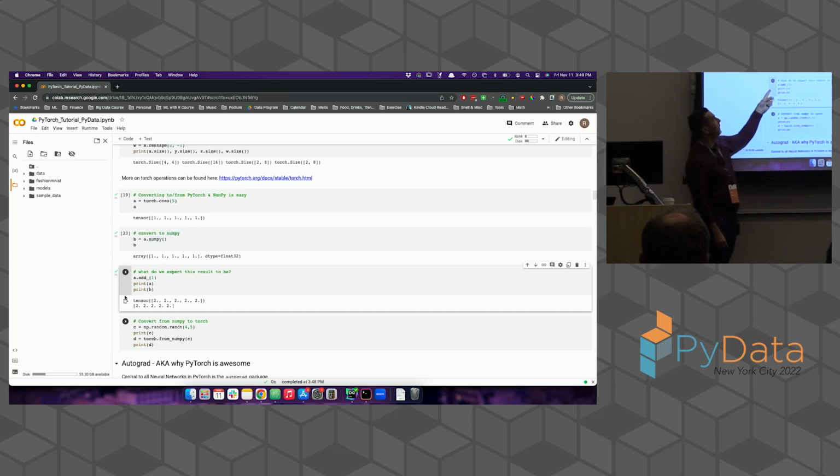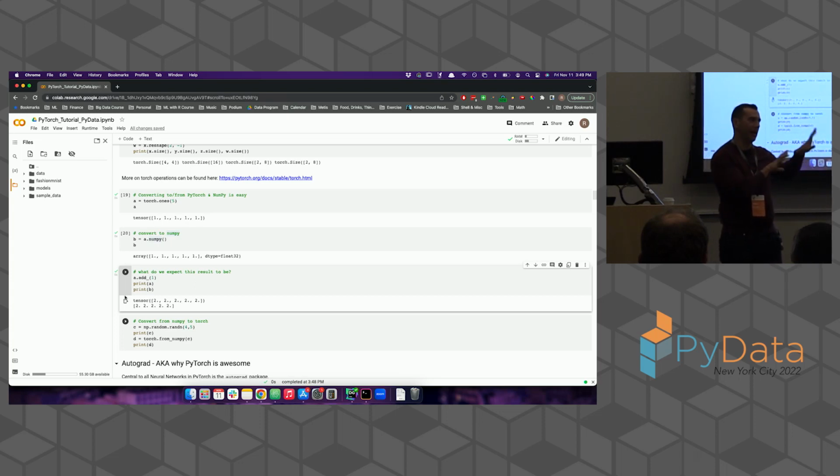They are the same. B is a pointer to a.numpy. It's not a new place in memory. If I wanted to do .copy, then it would be different. You have to understand what's happening under the hood when you change between NumPy and PyTorch. If you want to do transformations outside of it that won't interfere with the actual tensor itself,